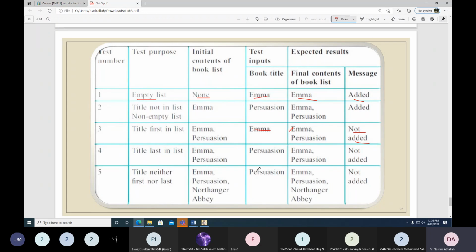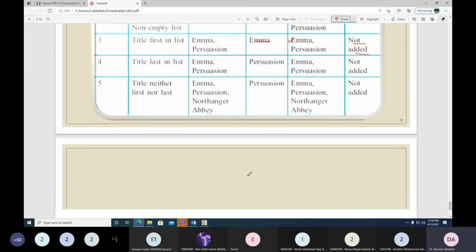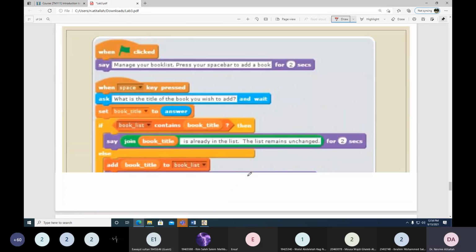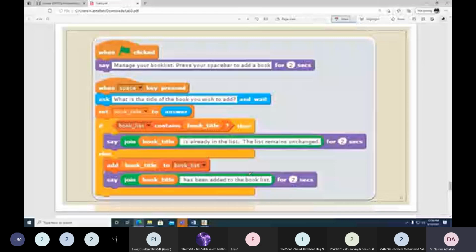Okay, is it clear? Okay, we can add that. So look at this example. We can add it